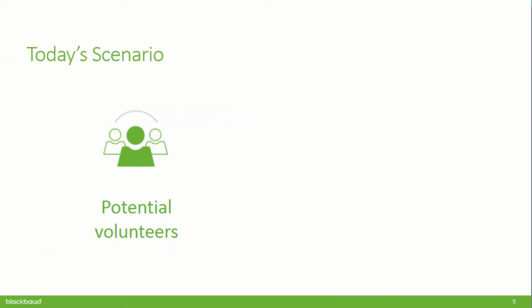As I mentioned on the previous slide, this is probably the least technical of all of the Sky Developer presentations. The goal is to make sure that you get up and running with this as quickly as possible, and then you can start getting into the really fun, complicated things. So for today's scenario, let's say you're an organization that is highly dependent on volunteers. Maybe you're a food bank or Meals on Wheels or some other thing like that. You really, really depend on volunteer work.